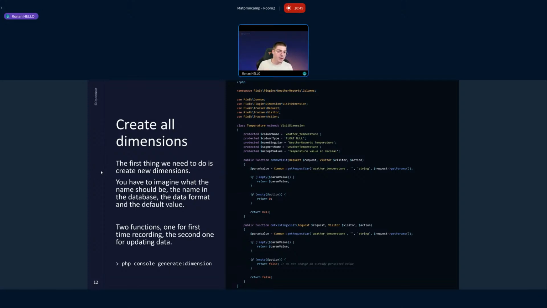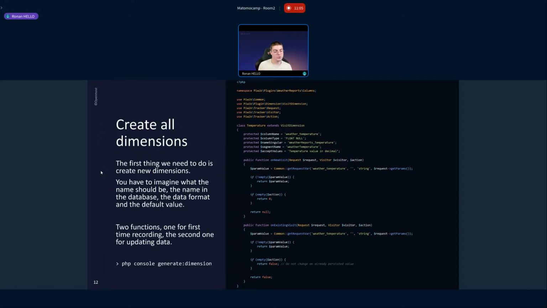One thing I do: I made a first call to the API. The API gives me a response, and I look at that list of data that the API provides to see what kind of data will be useful for me. And based on that response of the API, I create the missing dimensions right in Matomo. To create dimensions, no code.